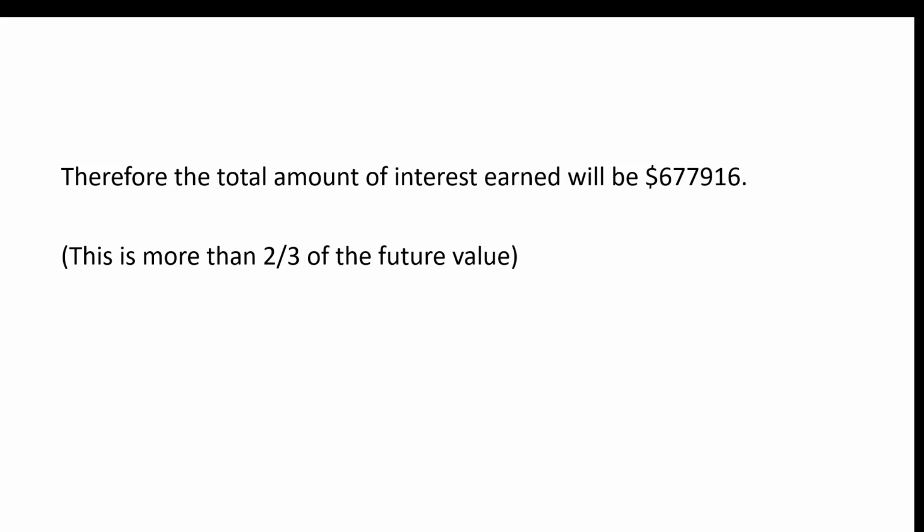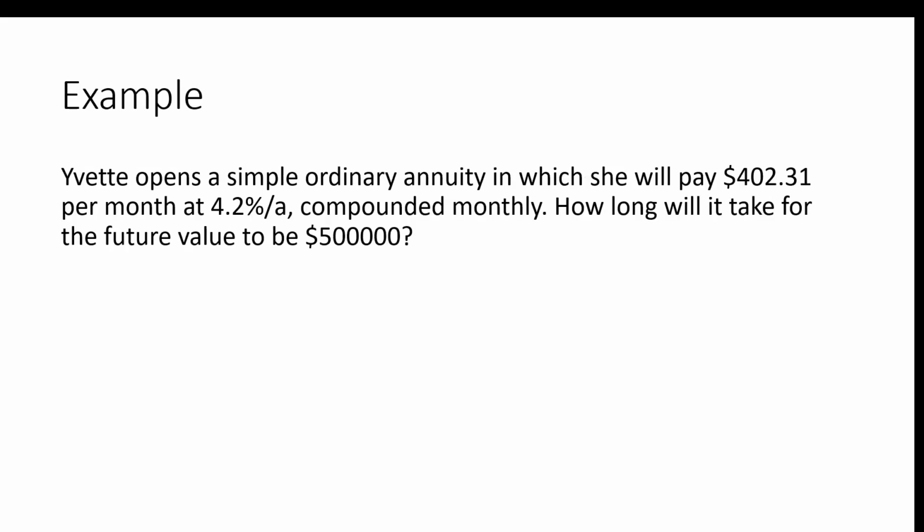$677,000 and change. And that's more than 2/3 of the future value. So in other words, more than 2/3 of it will be interest. And so again, that's why it's really good to get interest working for you in your life rather than against you. Now imagine Yvette opens a simple ordinary annuity in which she's going to pay